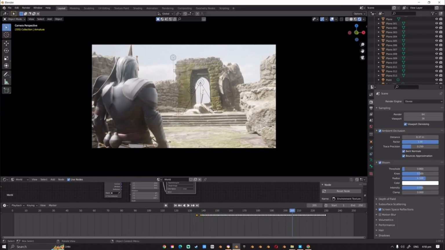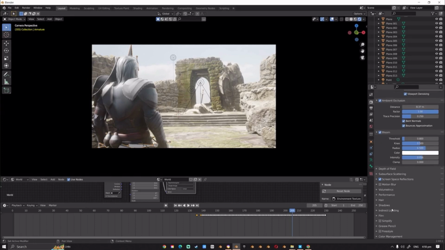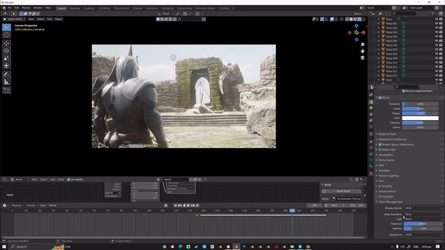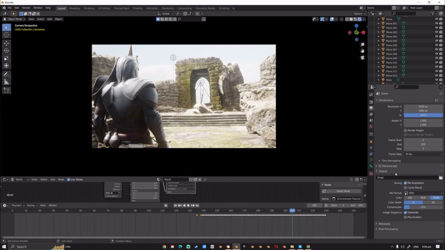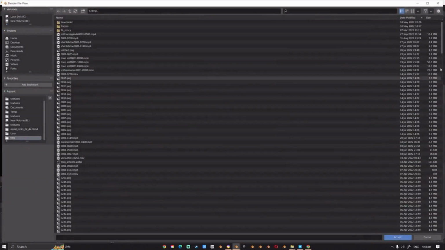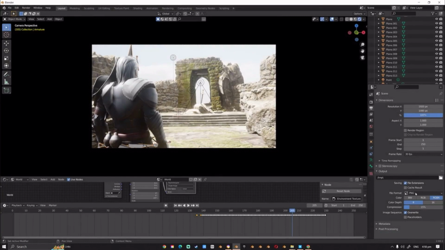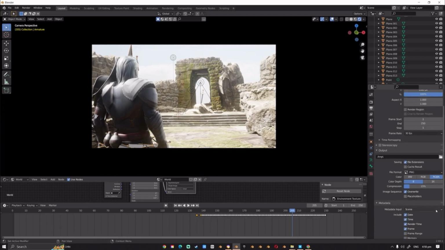So now after we go here, let's go to the bottom, color management, and just find whatever you want, but it's basically Filmic that looks the best. And you might want to apply high contrast to it so that it looks nice, but you can also adjust the contrast later in an editing program. And then you can render this as PNG or FFmpeg video. And if you're going to render in FFmpeg, it's better to use